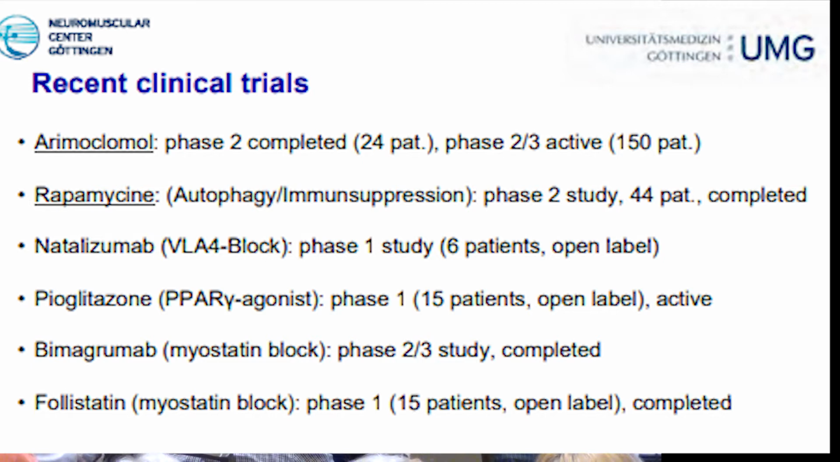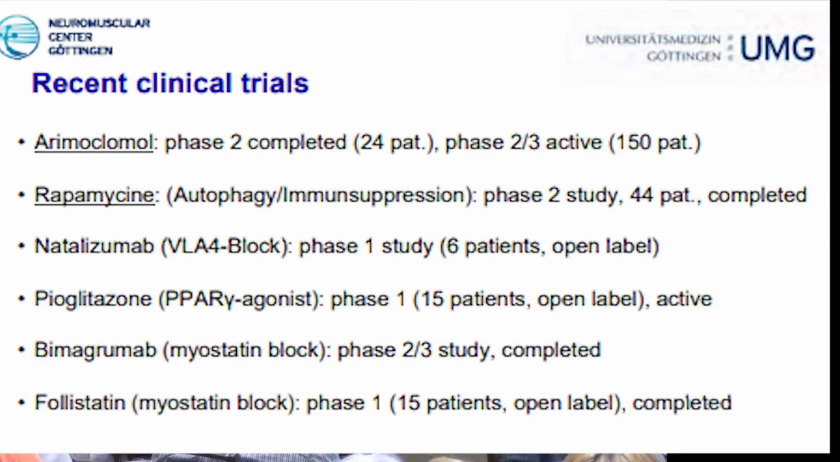And then all of you know, I'm pretty sure, that the bimagrumab trial has failed, unfortunately. This was geared towards the myostatin pathway. There was a big international trial, and maybe some of you in the audience participated in that study, and unfortunately it was negative. There was a small phase 1 trial with follistatin. This is probably brother and sister. Bimagrumab was the antibody, and follistatin is the adenoviral compound, but the end result would have been the same, to